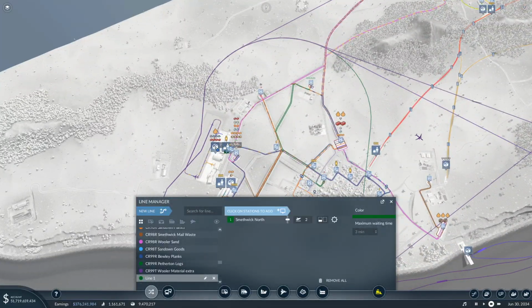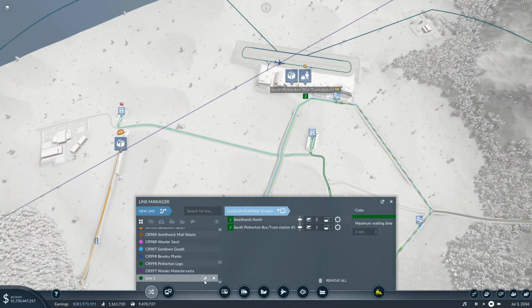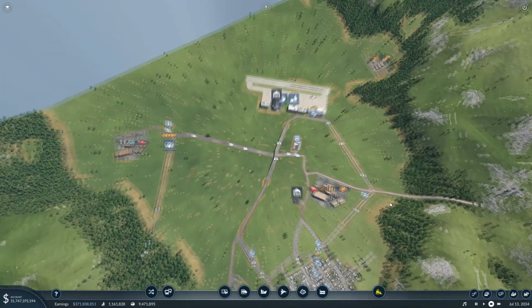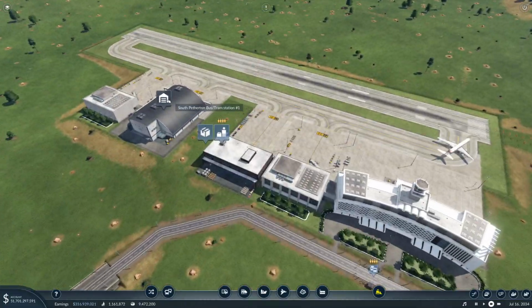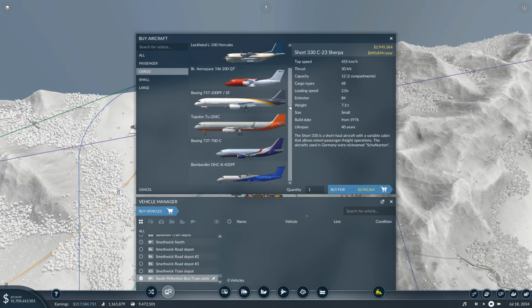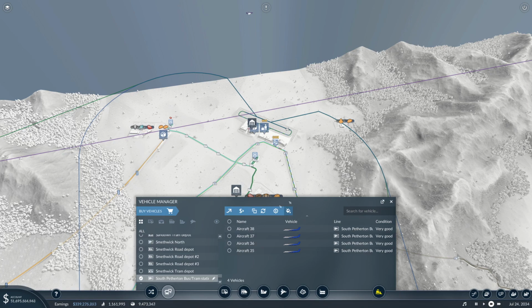Smithwick to here. And we'll call you Air 34, and we'll call you Petherton Materials, like that. And we'll just have to assign pretty cheap aircraft to it. Cargo. I mean, the Bombardiers are really cheap, so if we get about all of those and assign you to